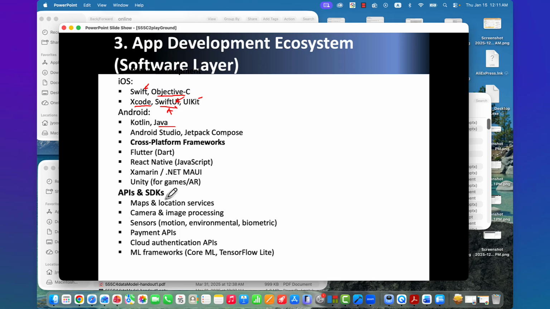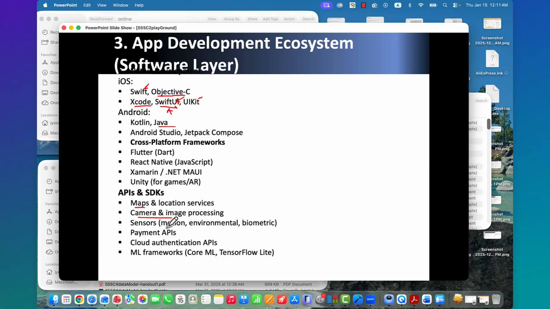APIs and SDKs. APIs or SDKs that we use depend upon the app. If we are talking about maps, then maps and location services. If you want to use some of the internal embedded sensors, like cameras or image processing, then an SDK for cameras is needed.